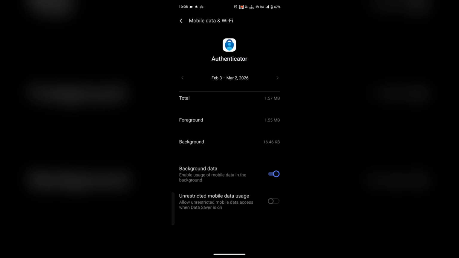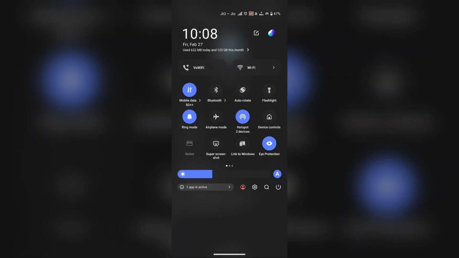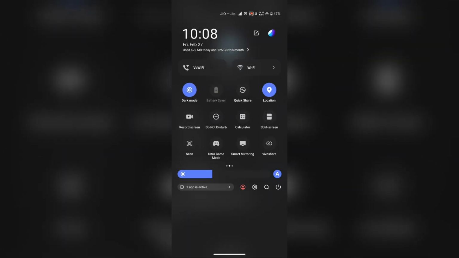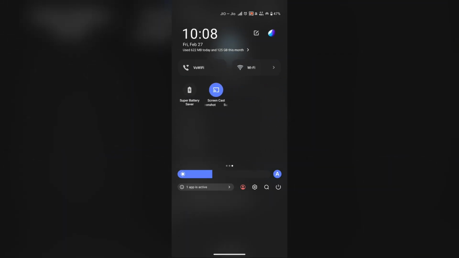So these are the basic things that you can do, and you also turn off your DND, do not disturb mode. For this, simply again go to the control panel, find your DND and turn it off. So guys, these are the basic things that